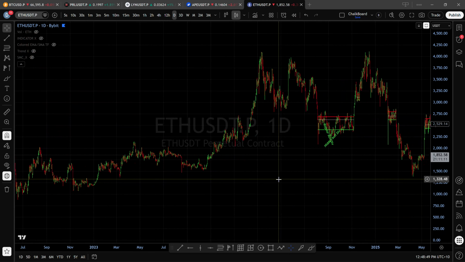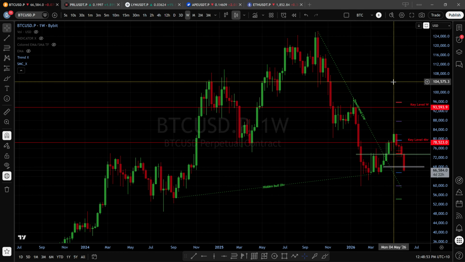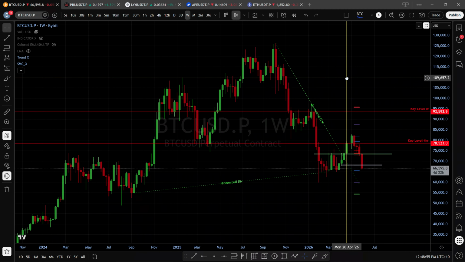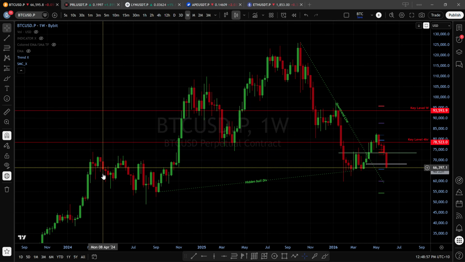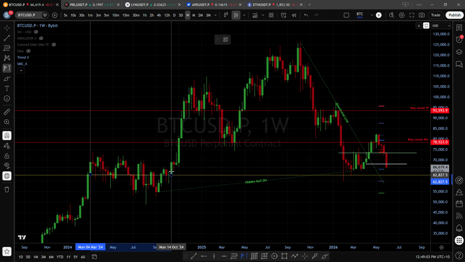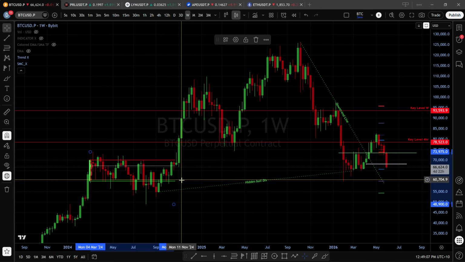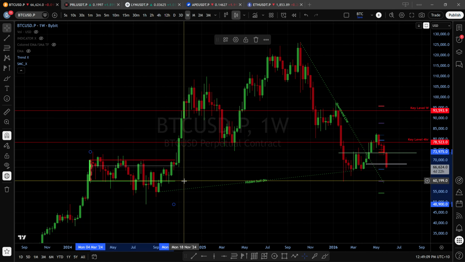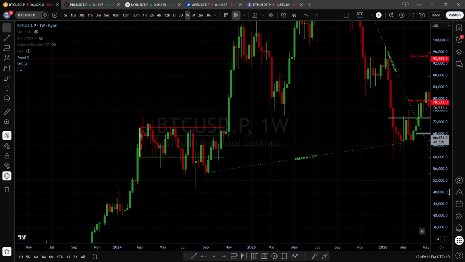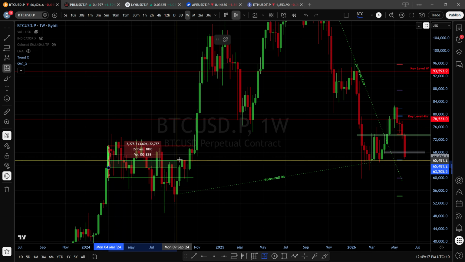And I did this with Bitcoin. Not to get into this too much, but there's a range right over here. This is technically a range that Bitcoin had and broke out of. I had this labeled. I don't know if it's on my layers or whatever, but look at this. This is so perfect. Like when Bitcoin was here, and when you measure it, you'll see, let's say from here to here,